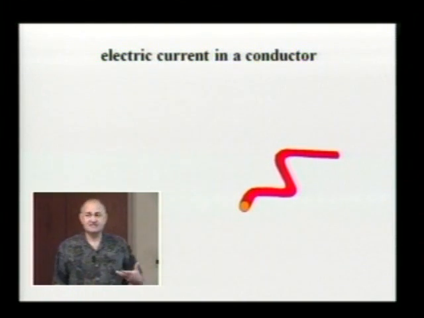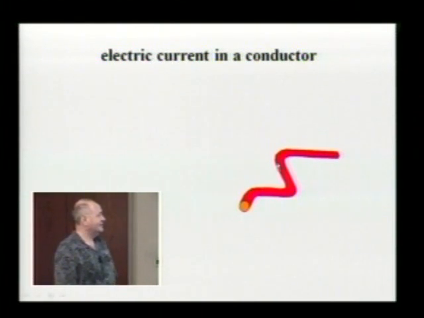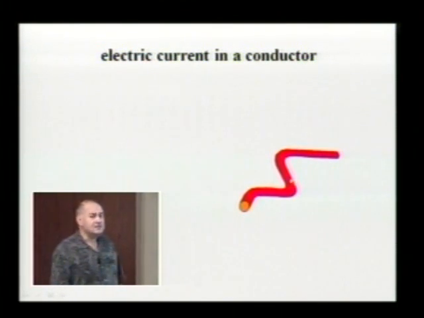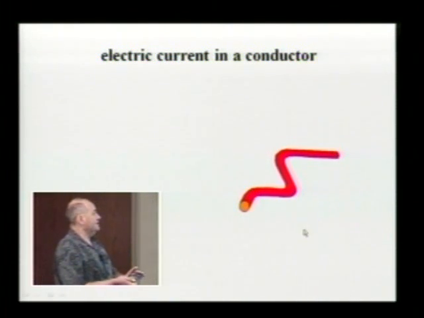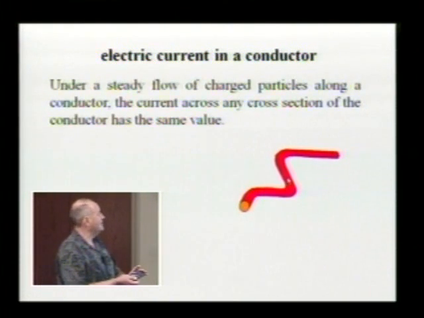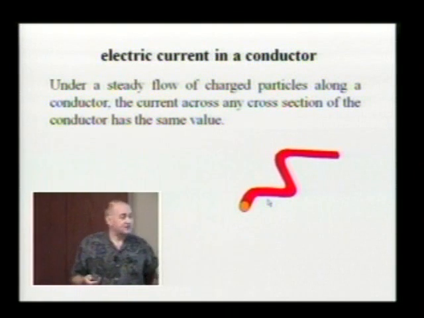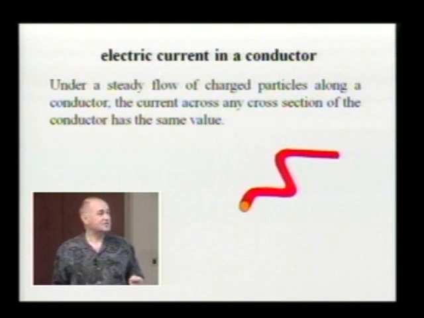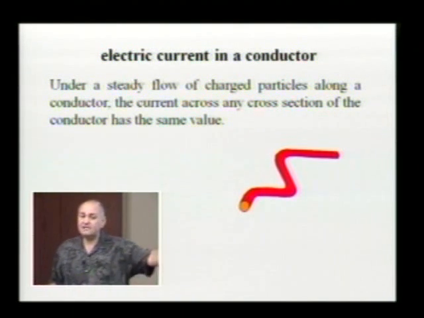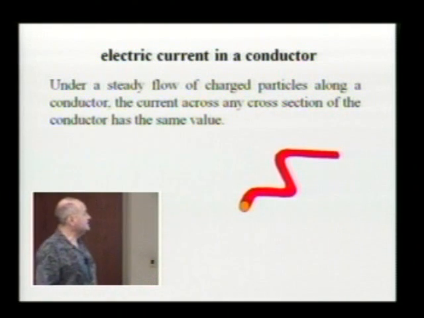So let's say that we have a substance in the form of a wire, like this one, and in order to have current flowing in the wire, meaning the current flowing through a, well, we will see what we mean when we say current flowing in a wire. Now, in order to have current flowing in that wire, we have to push it. And what happens with the charged particles in such a wire is like with water in a river. Well, in most cases, a steady flow is established in that substance. And